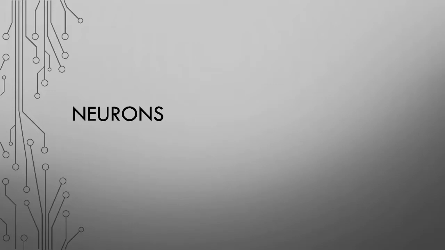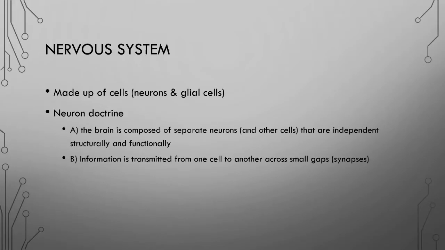This video will touch on neurons and glial cells, and this is important because everything our bodies do, we do in communication with our nervous system. This nervous system is made up of cells. The most important of these, historically, according to neuroscientists, have been nerve cells or neurons. The other type is known as glial cells. These cells underlie the simplest to the most complex abilities we possess as humans.